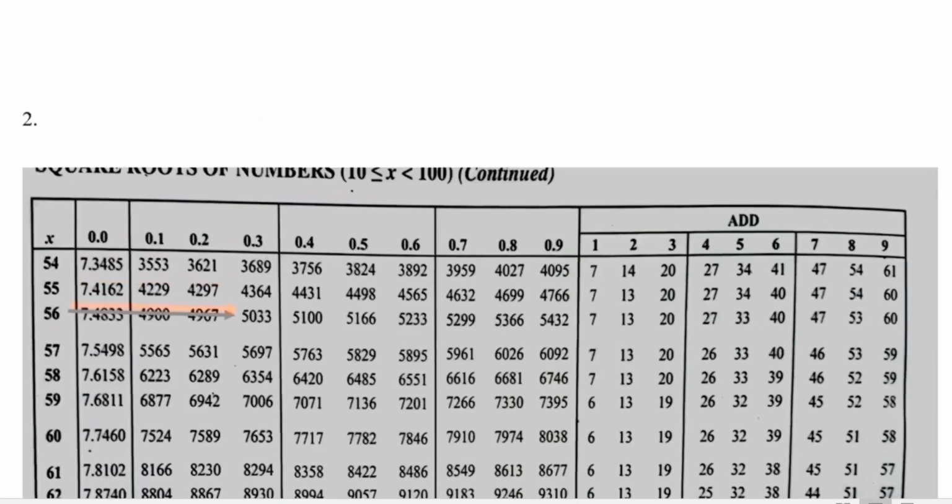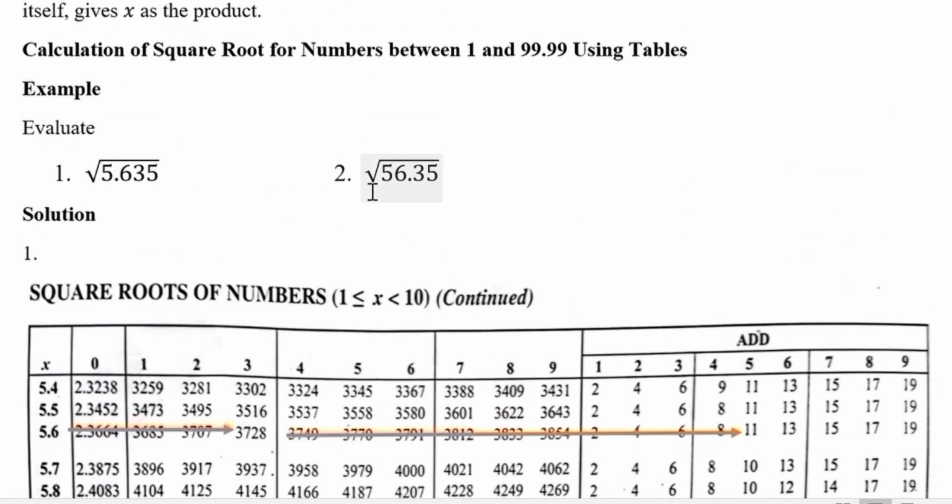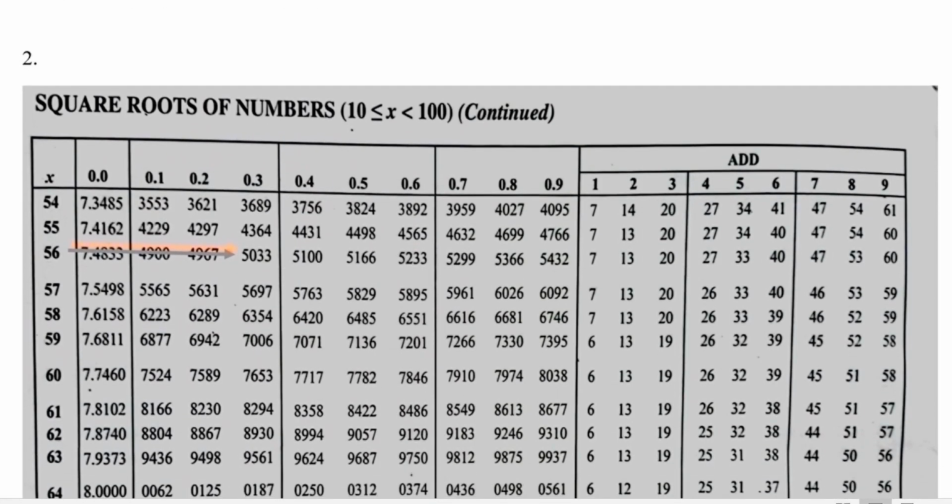Now, if you look at the second question, we have 56.35. 56.35 does not lie between 1 and 10, but rather lies between 10 and 100. That's why we are using this next table here. So look for 56, you will get it here. Look for 0.3, it's here. So the intersection of the two will give us